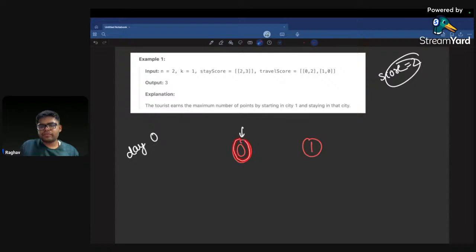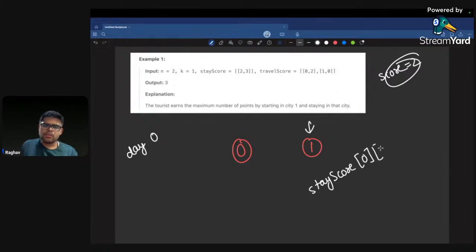If he had started in city 1, then on day 0 he would have earned stay score of 0, 1, because this is the day 0 and this is the city 1. Like in the first place you have the day number and in the second place you have the city. So stay score 0, 1 is actually equal to 3. So in that case, the tourist could have a score of 3,